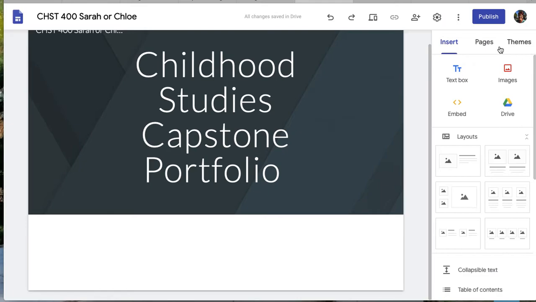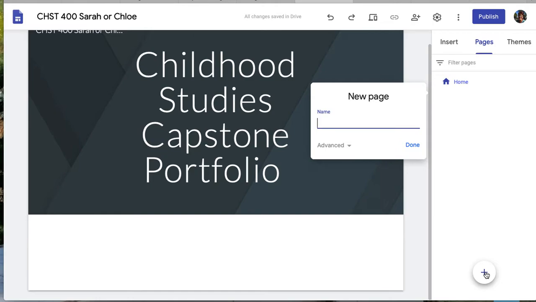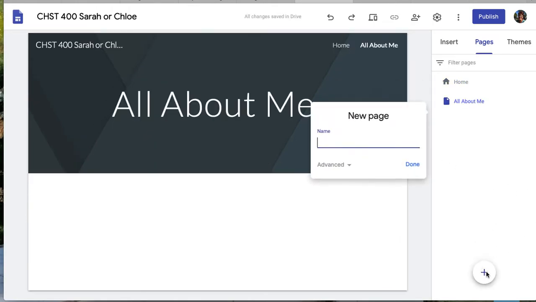Here, then, you want to make sure that you insert some pages. So over here in this menu, there's something called Pages. This is the home page, but you want to add a page for each of the courses. So you'll go through, and the first one was all about me. And you could either put that into the home page or you can create a separate page. It's your choice. Then I want to add CHS 203,